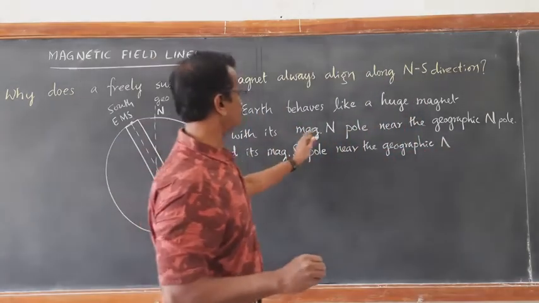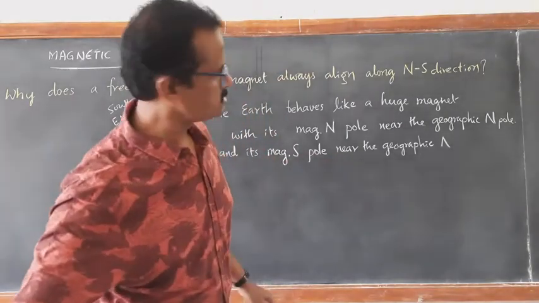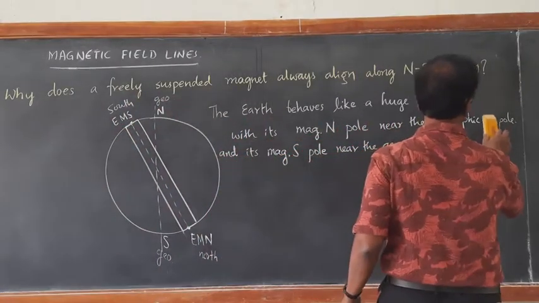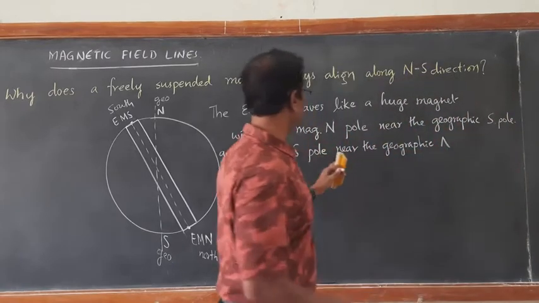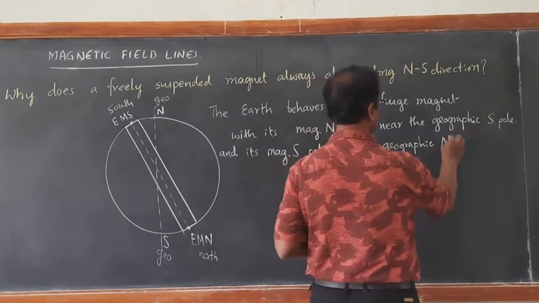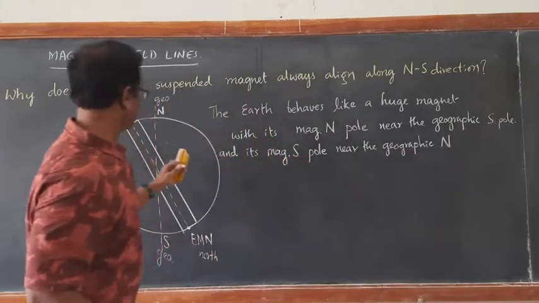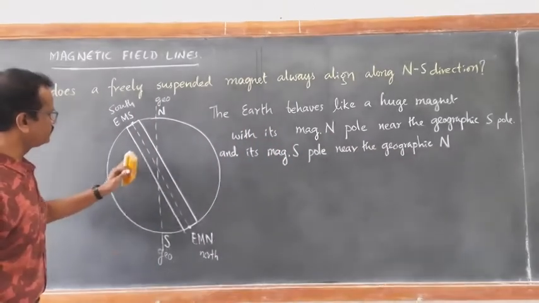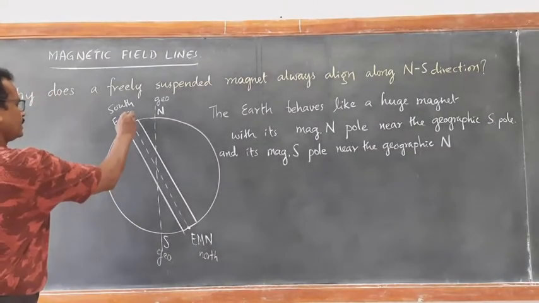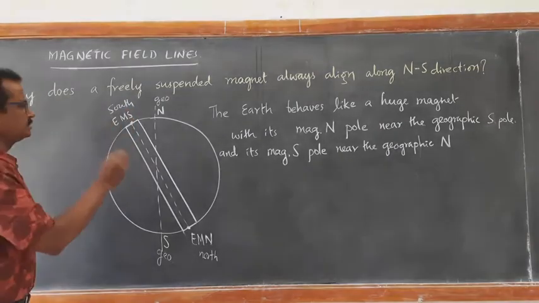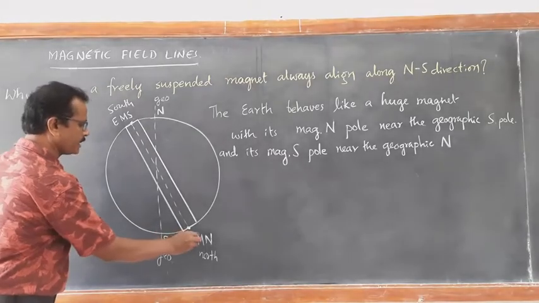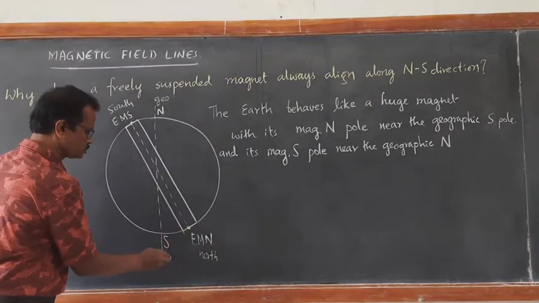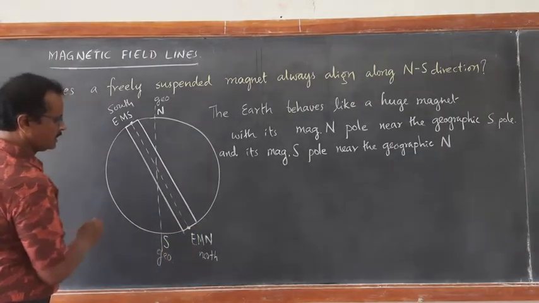See, magnetic north pole near the geographic south, and magnetic south pole near the geographic north pole, as I have shown you. If you draw the diagram, then you will never forget it. Magnetic south of the Earth is close to geographic north, and magnetic north of the Earth is close to geographic south. As a result,